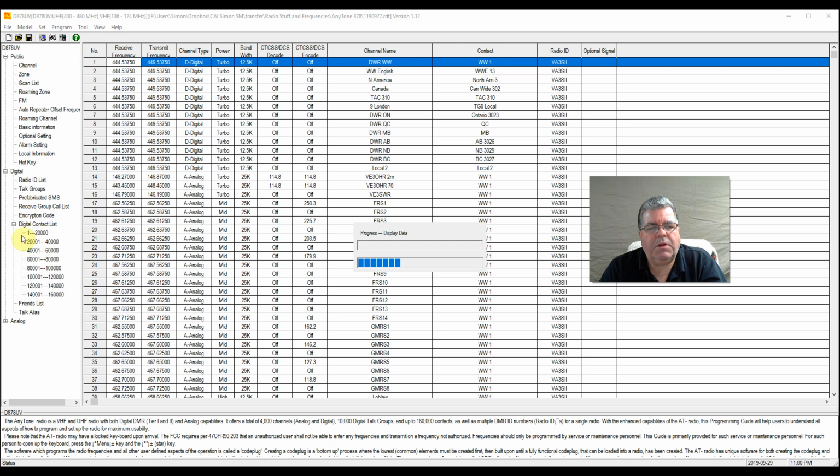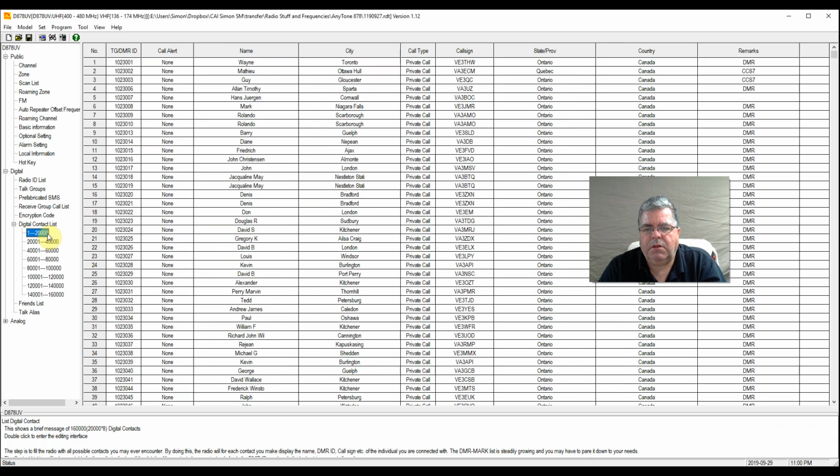So if you click on one of these, I've clicked on the one to 20,000, it will load up and show you those contacts, what it actually shows for them. And there is Wayne again in Toronto at the top there,